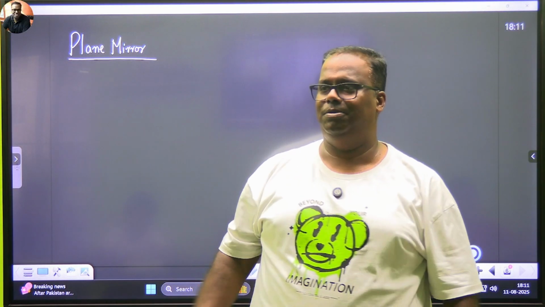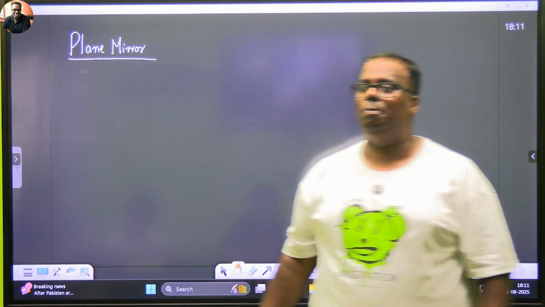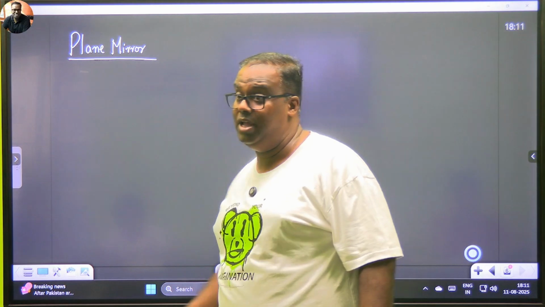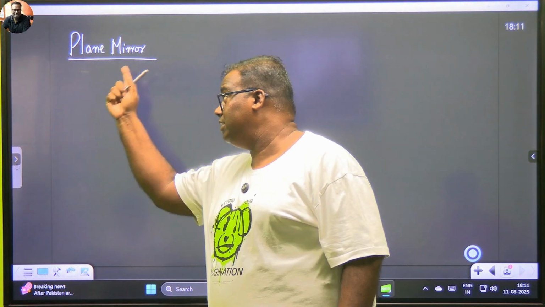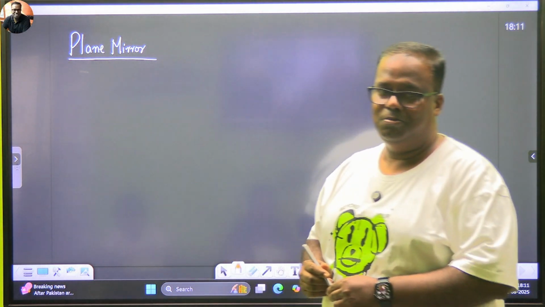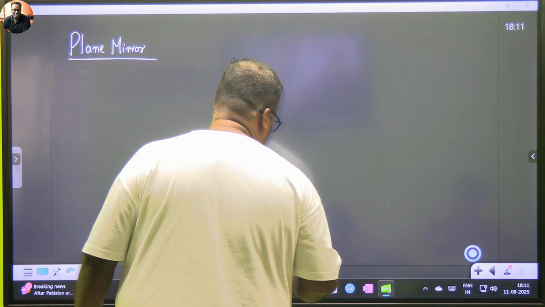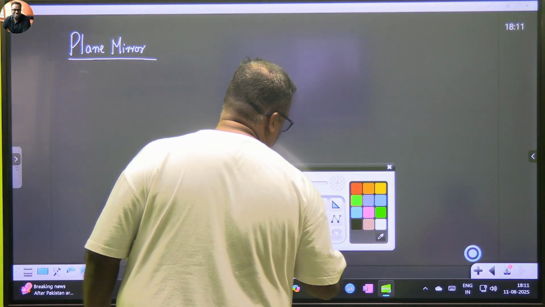That is a plane mirror. So let's understand how a plane mirror is made. Have you understood? Plane mirror, not plain mirror, plane mirror. Many people write it as PLAIN. No, plane mirror. It is a mirror in a plane. Okay, so let's see what this mirror is made up of. So first understand, a plane mirror is actually a